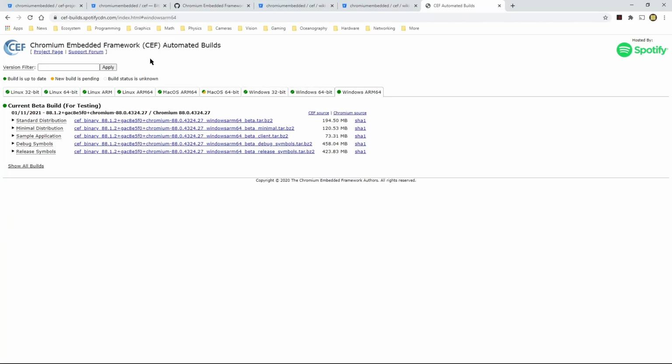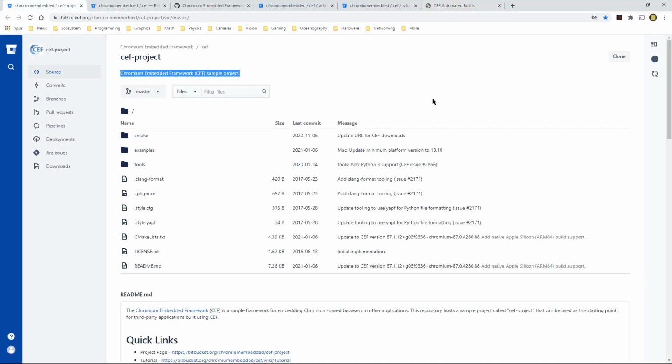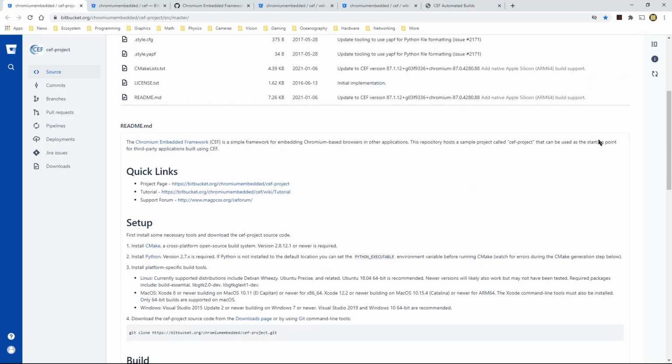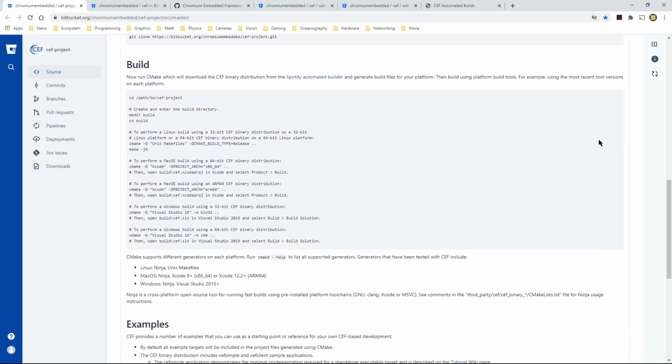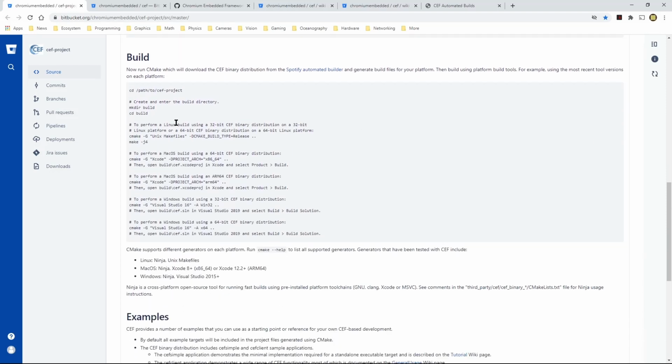So as you can see, CEF is quite widely supported, and I'm not going to build the binaries for CEF itself, but the sample project itself supports a number of targets. For example, it has support for Linux,